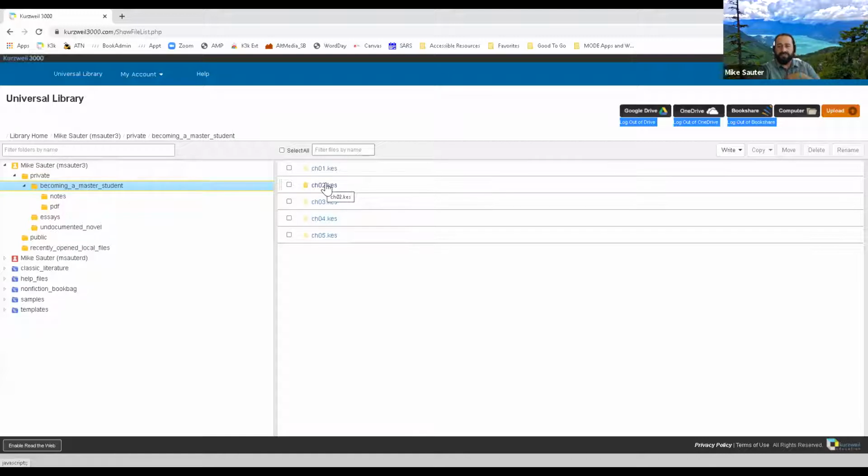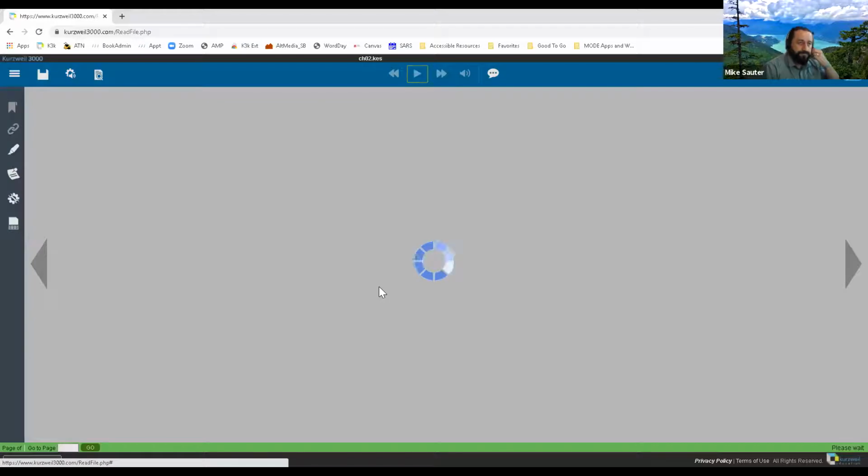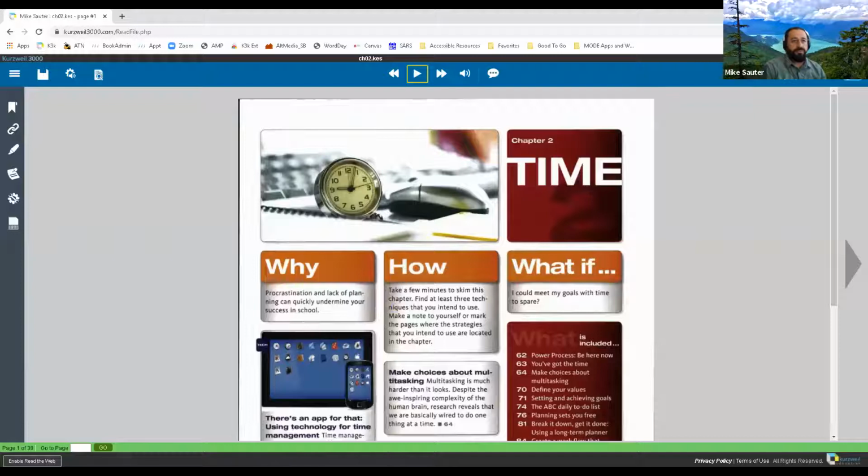Please let me know if you're not seeing anything or if the screen share somehow doesn't work. I'd appreciate any kind of feedback. You can just throw it in the question and answer if you do notice anything. You can adjust the size of the screen. So if you want to see less of me, there's a little slide bar next to the share screen, and you can move it over, or you can move it the other way. It's up to you. So I'm just going to open up chapter 2 here. Okay, chapter 2.